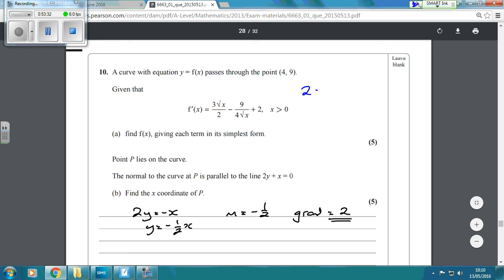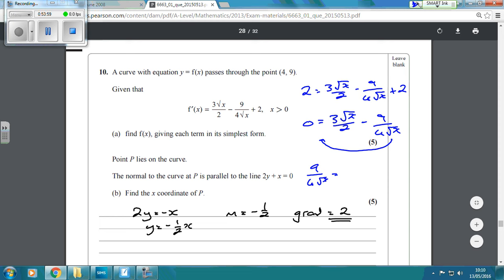So 2 equals 3 root x over 2 minus 9 over 4 root x plus 2. So nicely, if we take away 2, we're left with 0. So we've got 0 equals 3 root x over 2 minus 9 over 4 root x. So we're going to bring this over to the other side. So we get 9 over 4 root x equals 3 root x over 2. We're going to get all the x onto one side, so we're going to bring this up to this side, and this up to this side. And if we do that,